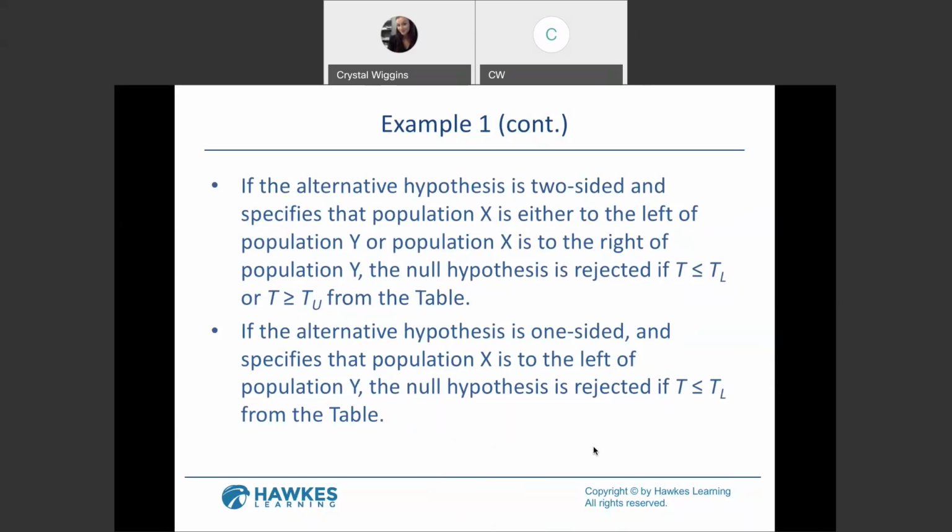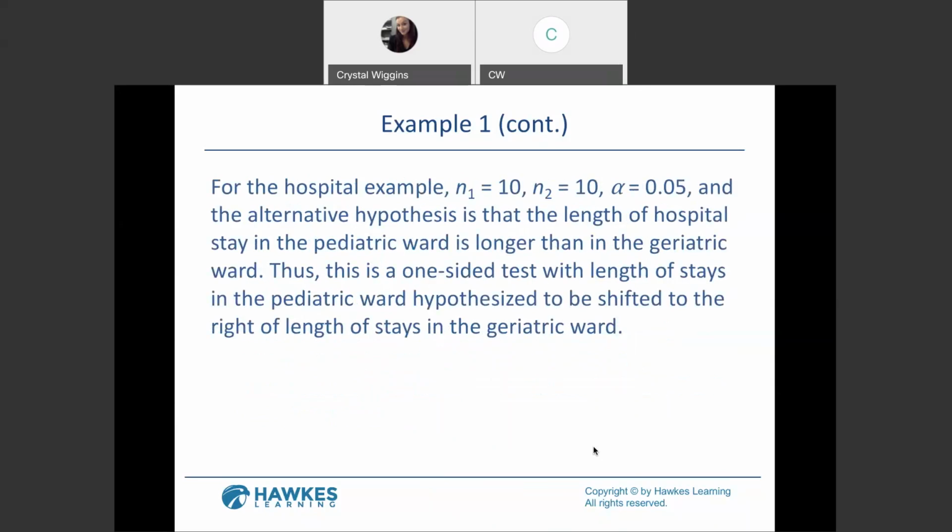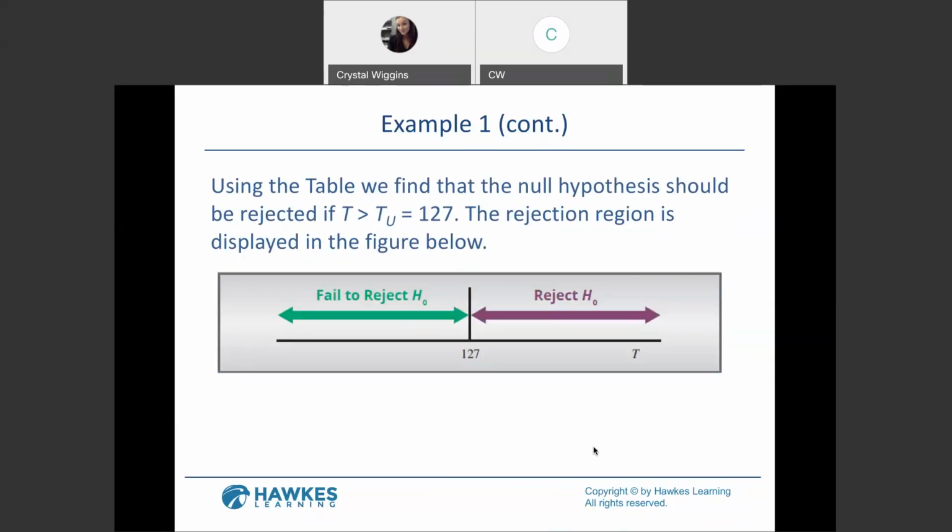And same thing there. Okay, for the hospital example, since our sample size of the first population is 10 and the second one is also 10, and our alpha level is 0.05, and the alternative hypothesis is talking about the pediatric ward being longer than the geriatric, this is a one-sided test with length of stays in the pediatric ward hypothesized to be shifted to the right of the length of stays in geriatric. Using the table, we will find the null hypothesis should be rejected, and the rejection zone is displayed in this